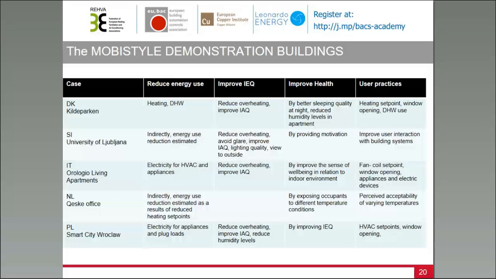A second objective is to improve indoor environmental quality, and of course we are also providing a questionnaire to understand user satisfaction and thermal responses. And finally, we would also like to improve health.